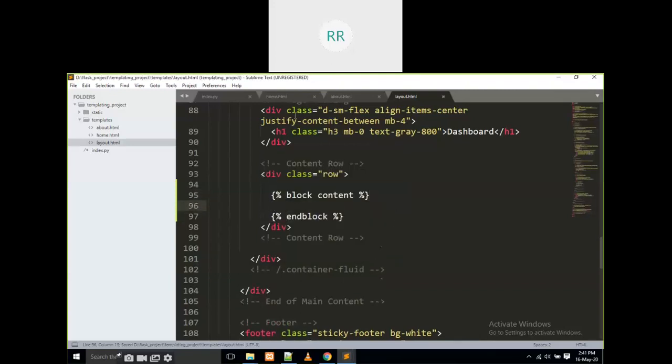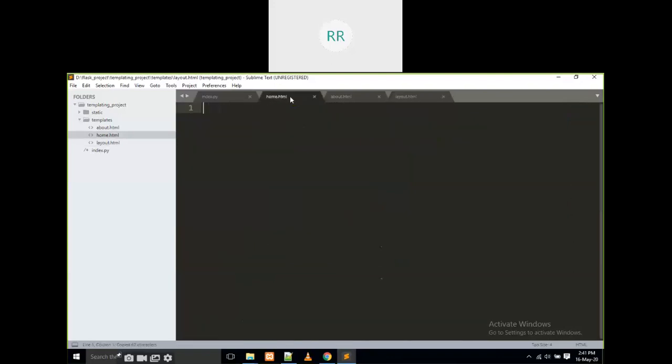Yes. Now again the same thing. I am going to copy this and paste it in home.html, and we have to write extends layout.html.